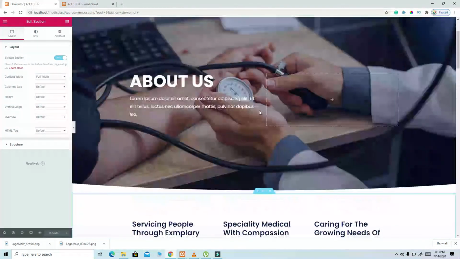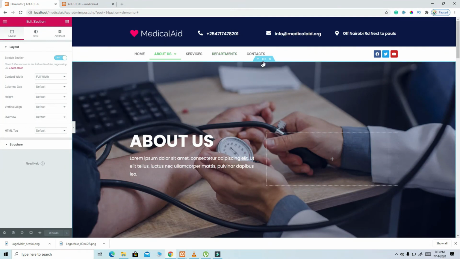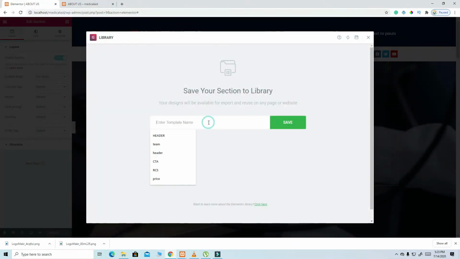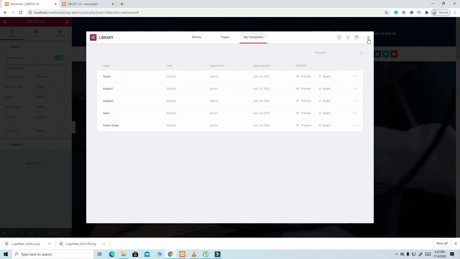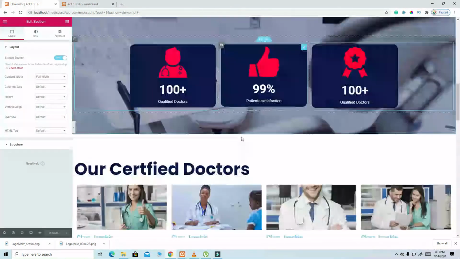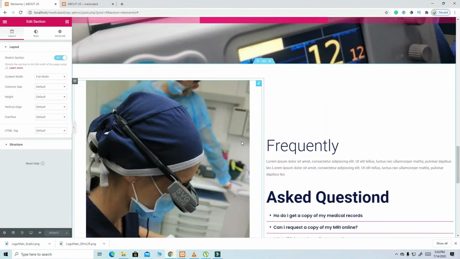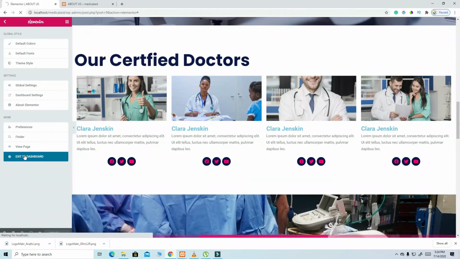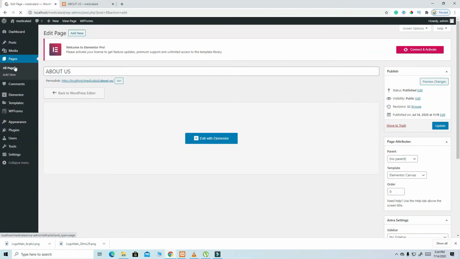Again, another part I'm going to save is this part here. I'll save this one as a template. Save it. There is another part I need to save so that we will speed up the other part of the website. So I will exit from here, and then I'll come here to all pages,